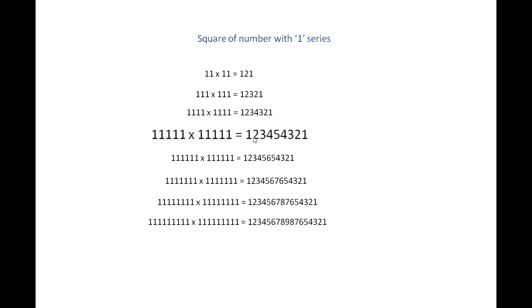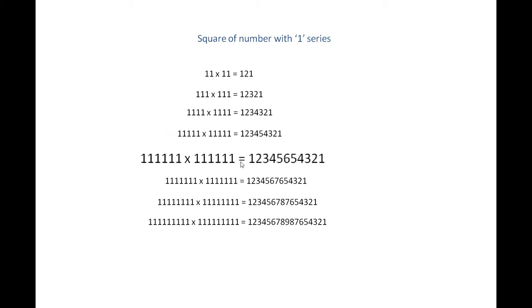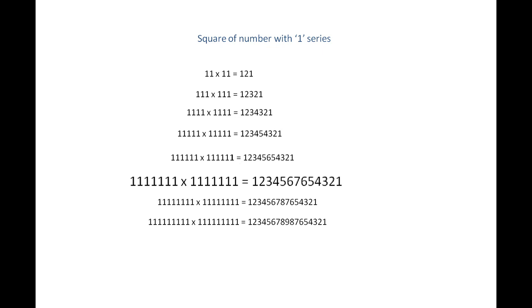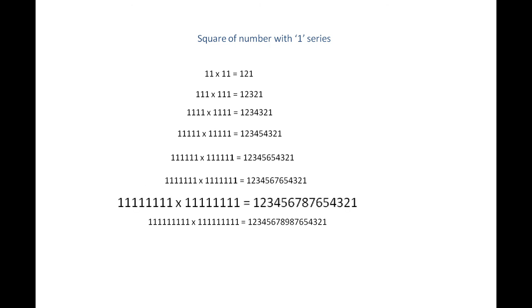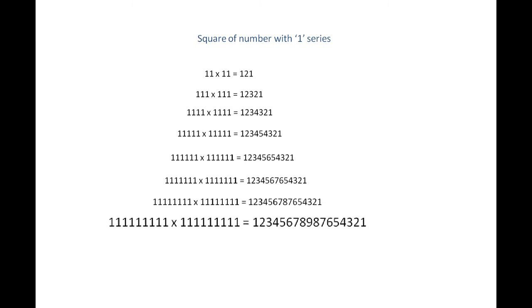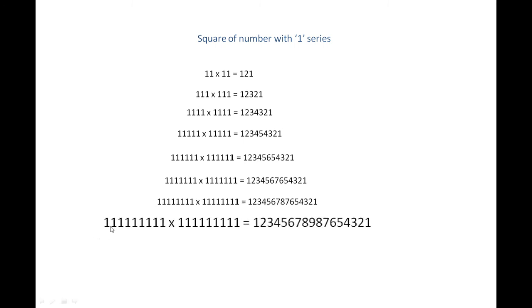For 5, the same way we have written 1 to 5 and down till 1. So this way we will keep writing the answer. Even for 7 ones we can write, 8 ones, and in this way we can keep writing it. So if we look at the final one, this one has only 9 ones in it, and till here we would be able to apply this trick.